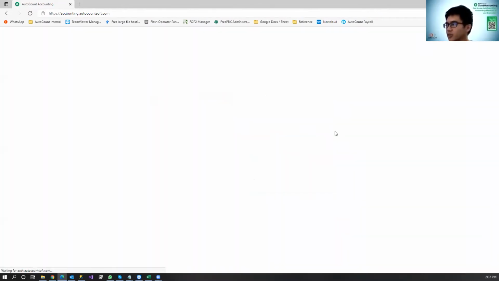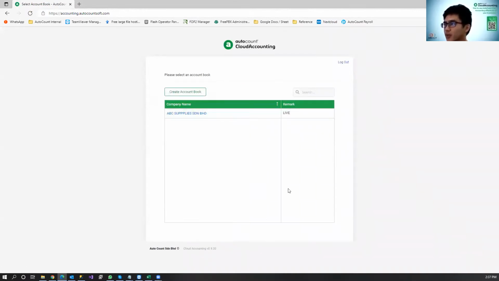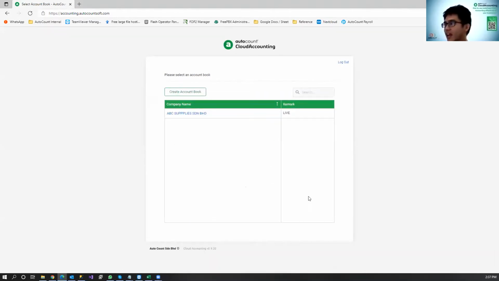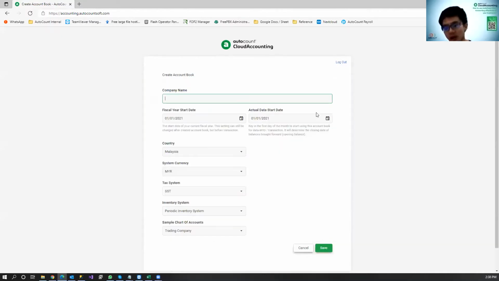For those who log in for the first time, it will automatically come to a create account book page. For those that already have a company created before, it will show you a list of companies where you can click which company you want to access. For new first-timers, you will see this because it will ask you to create your own company.